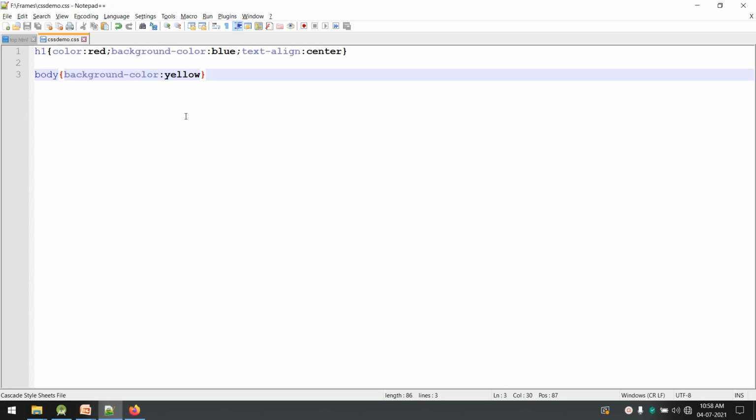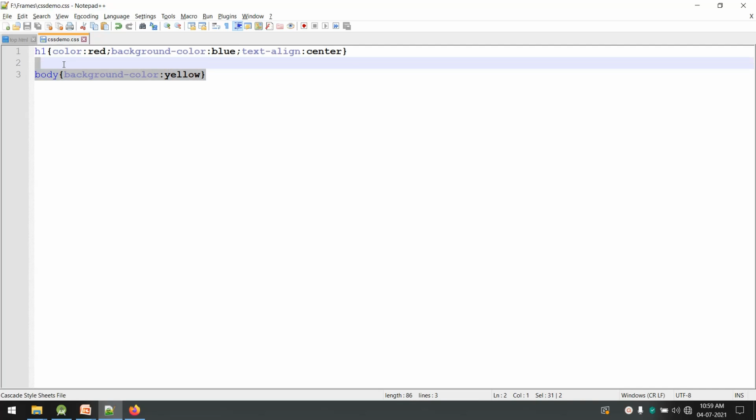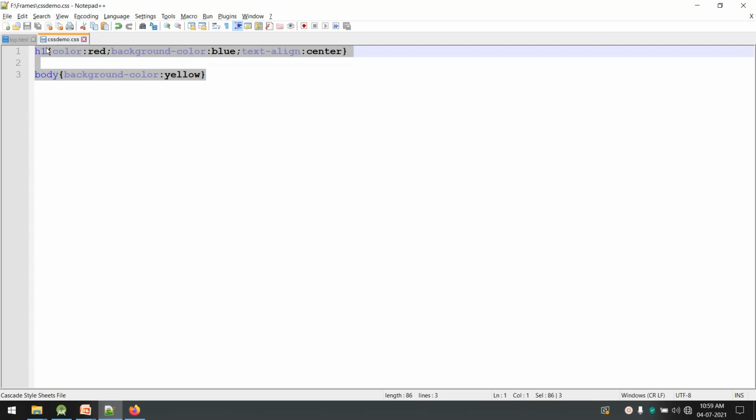Okay, so this is how you can apply style specifications using an external style sheet. Now the advantage of the external style sheet you might have understood. Once you define these CSS rules, they can be applied to any number of HTML documents.